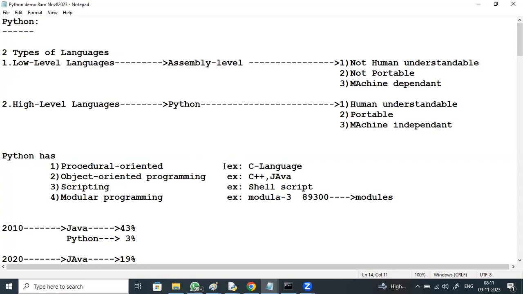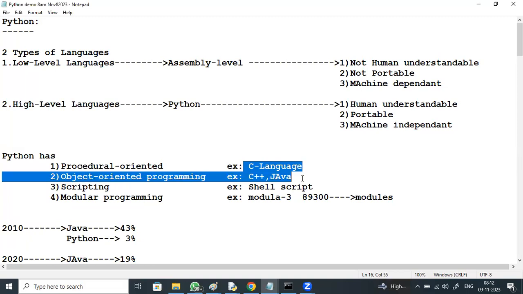Once again, I say, for learning Python there are no prerequisites. Anyone can start with Python. Don't think that to start with Python, we need to have knowledge of C, C++, Java.